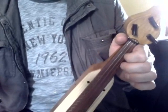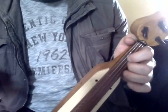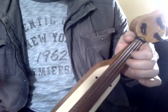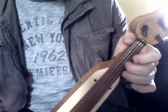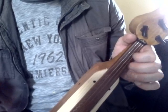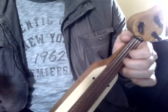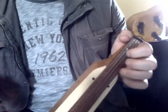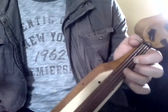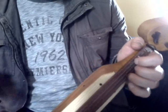So only playing the zil chord, and it's second and first. So it's forward, back, forward with the second finger down, back with the first finger down, and then we're going to tremble. So it's, and then it's